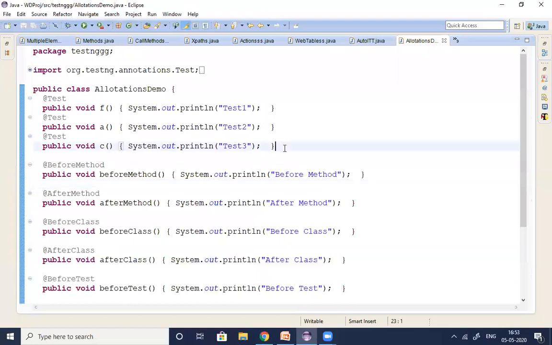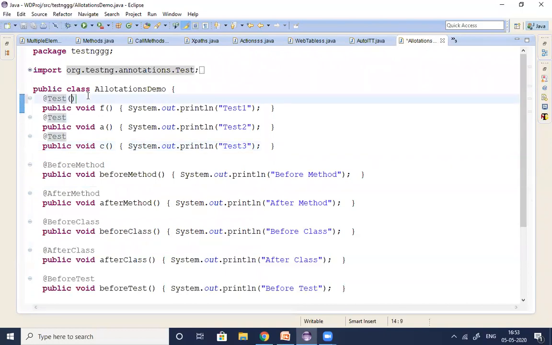Hope you understand, guys. So coming to the next one. By default, all the TestNG tests are executing in alphabetical order. So test 2 is executing first in this example, test 3 is executing second, test 1 is executing third. Alphabetical order it is executing. But Kishore, I would like to run my TestNG tests in a sequential order. What is the sequence I want to run? I want to run test 1 first. How to run test 1 first?